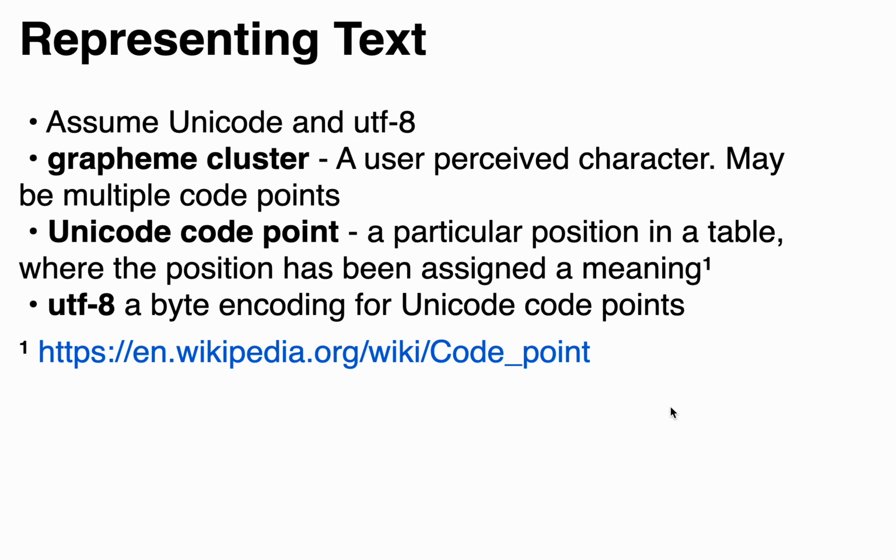So if you're going to write a text editor, the first thing you need to do is figure out how to represent text. For this talk and for the design of Clobber, we're basically going to assume Unicode and UTF-8. Those are by far the most common pair of ways to represent text. And our first vocab word for today is grapheme cluster. So a grapheme cluster is a user-perceived character, and